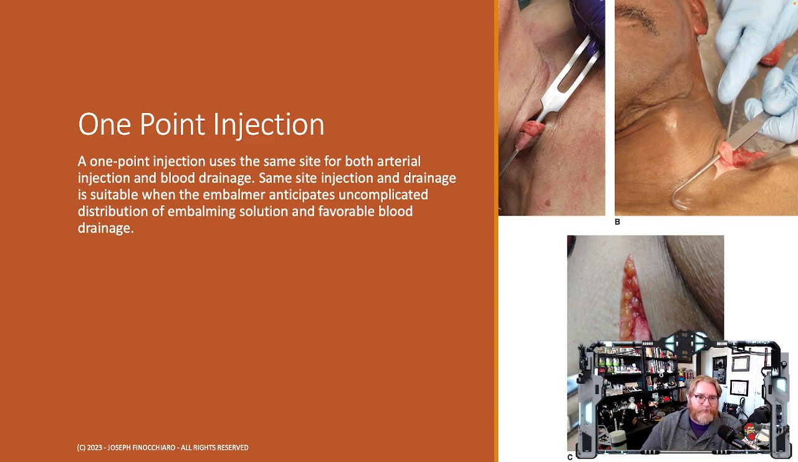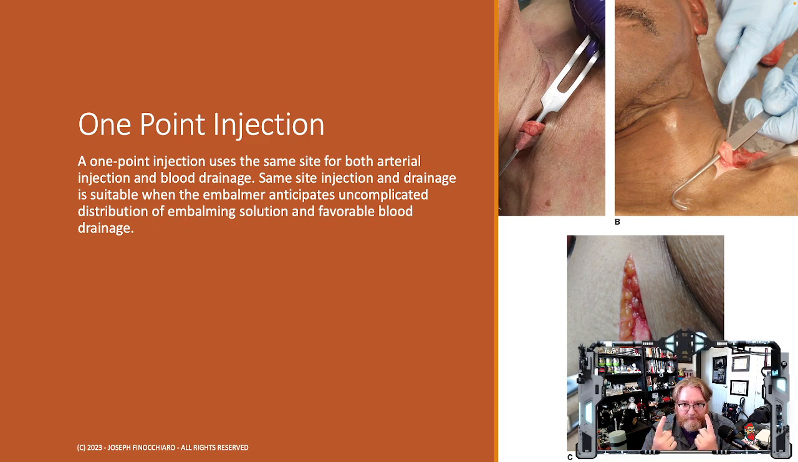So first up, we have what's known as a one-point injection. A one-point injection uses the same site for both arterial injection and blood drainage. The same site injection and drainage is suitable when the embalmer anticipates uncomplicated distribution of embalming solution and favorable blood drainage. The way that I suggest my students learn this is you have a finger for injection, you have a